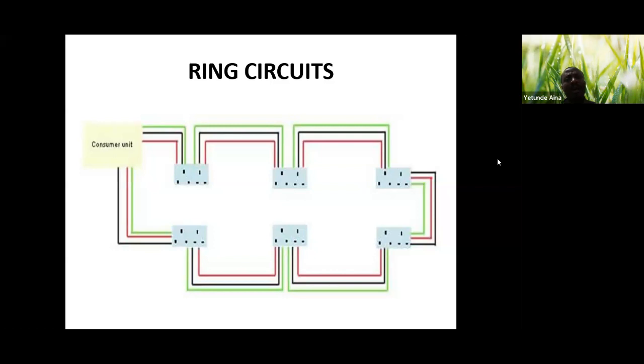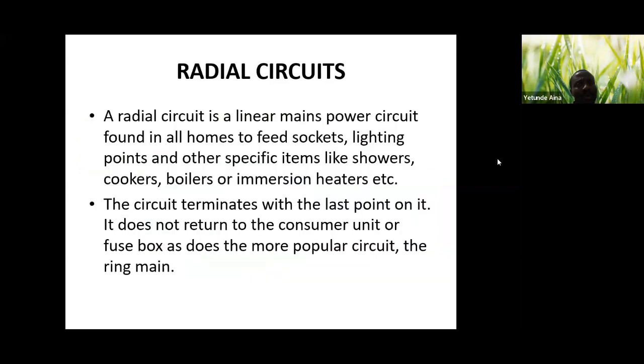In the UK and Nigeria and Asia, we also use another circuit for our socket, which is called the radial circuit. Now, come to think of it, we have talked about the advantage of the other one. Then, which application suits the radial circuit? A radial circuit is a linear main power circuit that is found in all homes to fit sockets, lighting points, and other specific items like showers, cookers, boilers or immersion